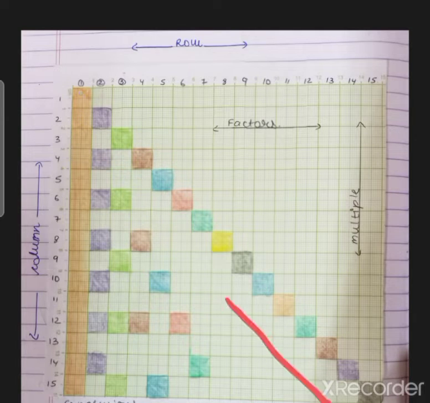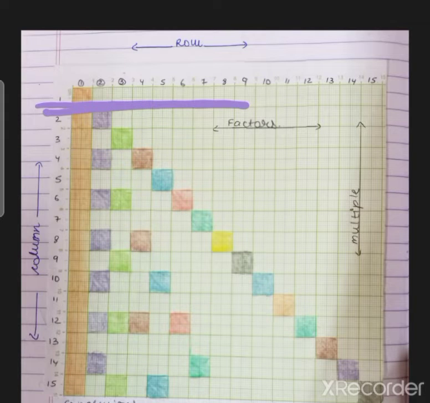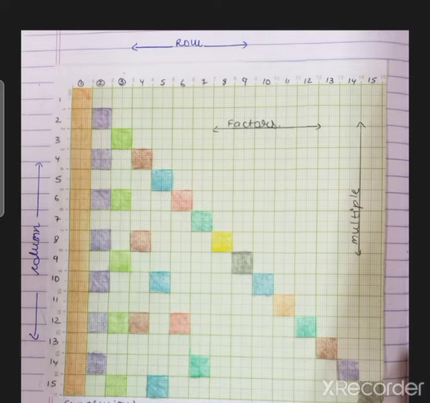Now if you carefully see this, you will get to know that in the rows, factors are given. Now what are factors? I will be explaining you afterwards, a little later. Now just see. Now the factor of 1 is what? 1. Factor of 1 is 1. Now just see this. Factor of 2 is 1 and 2. You just see the rows and then you will get to know the answer. Let me explain it again to you.